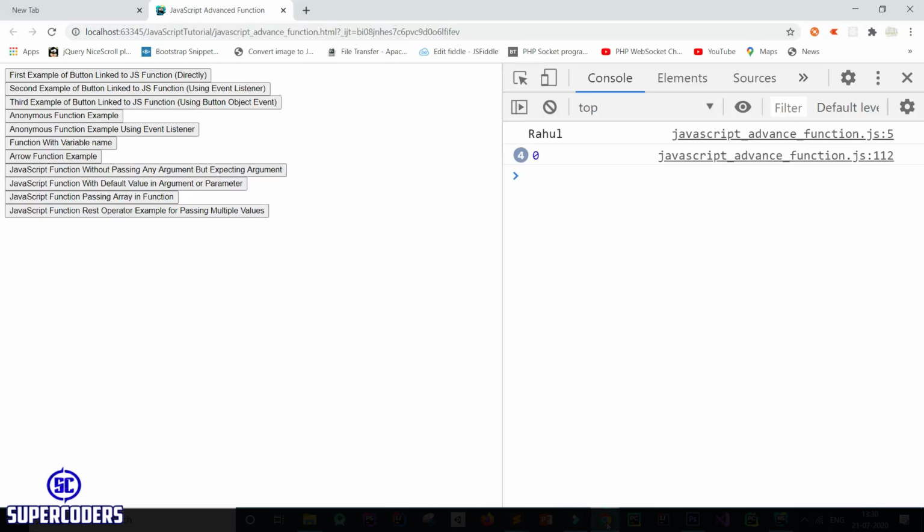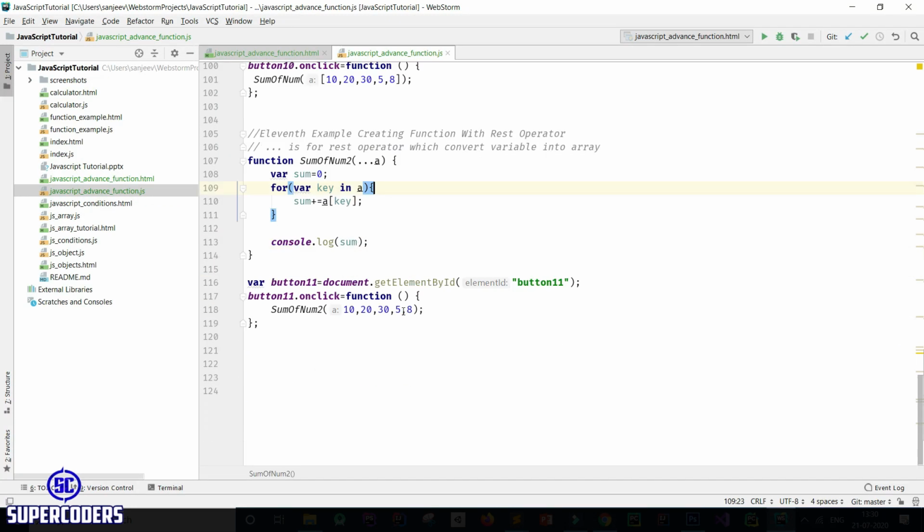So come back Chrome, refresh. So you can see it print value 73. So this is a simple example of passing multiple value in function, and function automatically convert the variable into array by using rest operator. So this is example of rest operator, how you can create a rest operator in JavaScript.